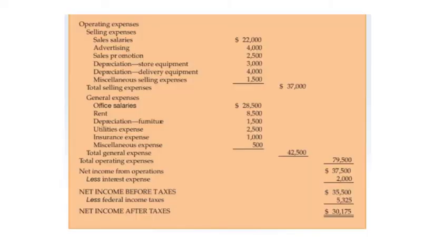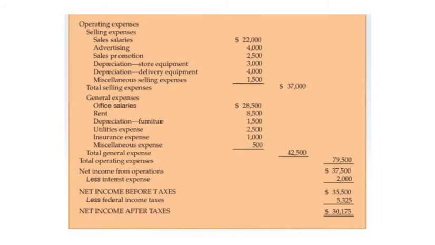$42,500. When revenues exceed expenses, the difference is called net income. When expenses exceed revenues, the difference is called net loss. In Figure 15.8, Northeast's net income from operations is computed as gross profit on sales, $117,000, less total operating expenses, $79,500. For Northeast Art, net income from operations totals